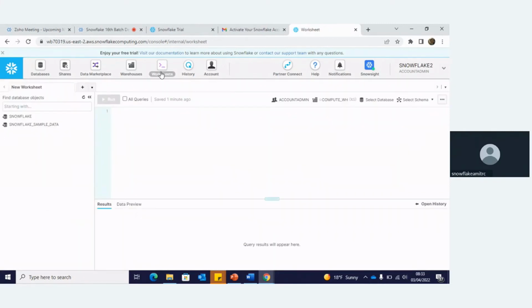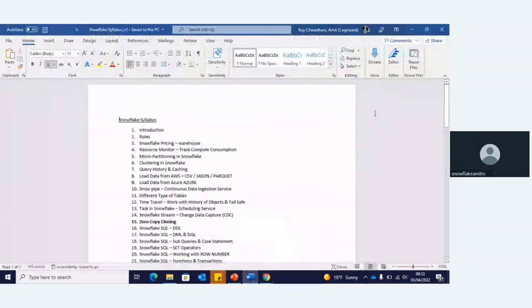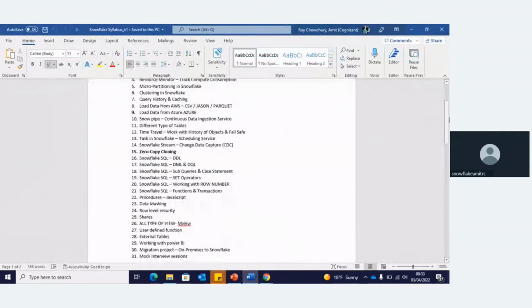So these are all the different topics you are able to see here: notification, share, database, marketplace, warehouse, worksheet, history, account, roles. Each and everything we will be discussing in our respective classes. Okay. And now if I go with the syllabus discussion, so basically,